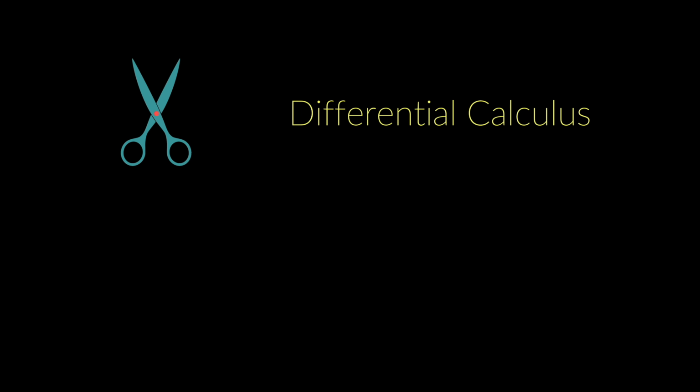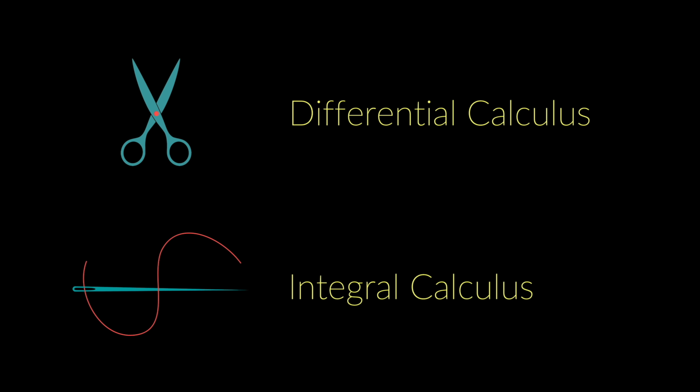The calculus branch that deals with cutting is called differential calculus, and its branch that deals with stitching is called integral calculus, where we integrate the pieces back together to form a whole. But now we want to address a vagueness in our terminology. What do we mean by an infinitely small piece, or what is known as the infinitesimal?